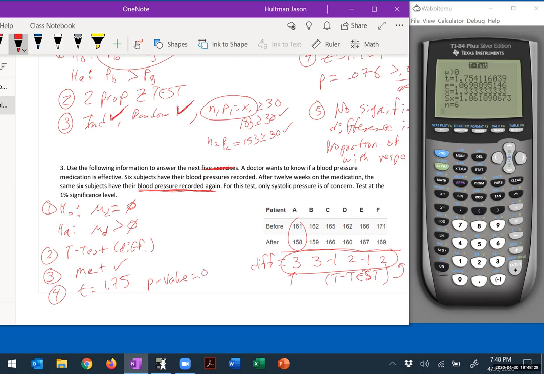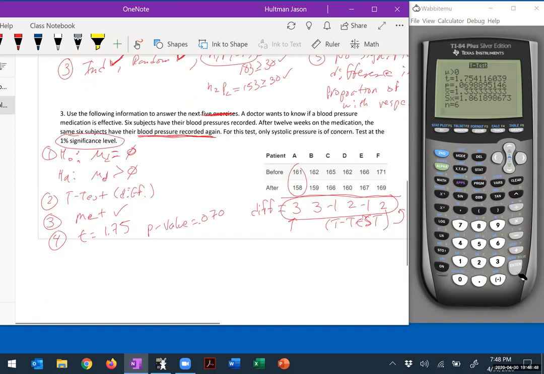Okay, 0.069, or I'll just say 0.07. Okay, that's greater than my significance level of 0.01. My significance level was 1%, which is 0.01. This is getting kind of messy. Okay, so 0.07 is greater than 0.01,